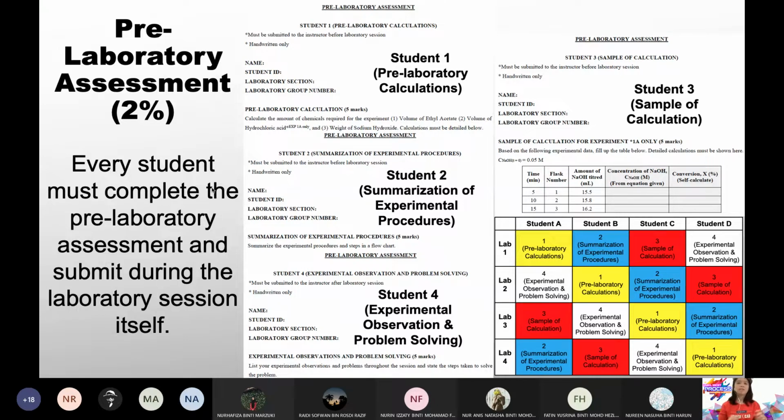So during the lab reaction, I will let you use, touch and run the entire thing, but I will be there. So I will observe you. Okay, student 3's role is, if there is any problem, he must record it, write it down and troubleshoot the problem. So those are actually very important skills. You must understand the lab is not just about getting results back. I really want you to experience a real working environment in a chemical processing plant. You are supposed to know what problem happened, what we can do to troubleshoot the problem. That's what is more important in the lab.